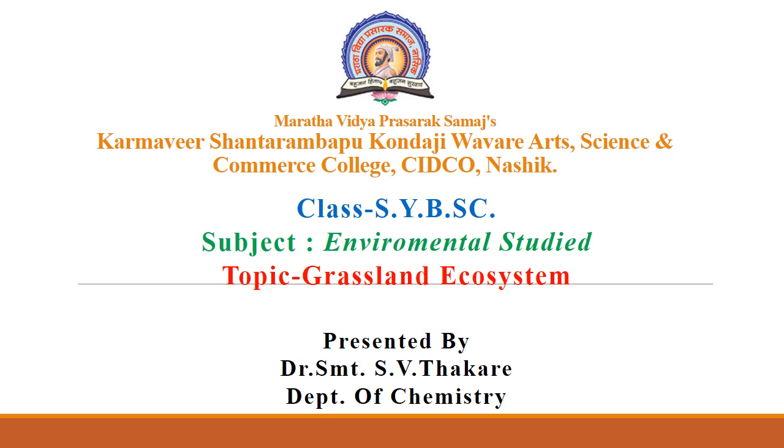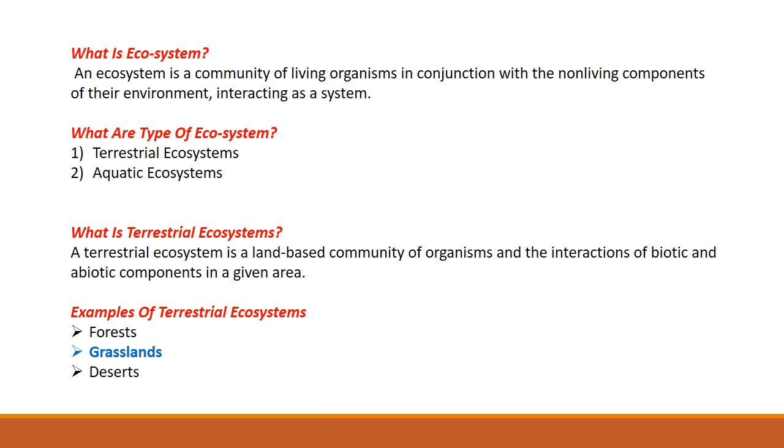Hello students, in the environmental studies subject, we are going to discuss the topic of grassland ecosystem. An ecosystem is a region with a specific and recognizable landscape form such as forest, grassland, desert, wetland or coastal area. The nature of an ecosystem is based on its geographical features such as hills, mountains, plains, rivers, lakes, coastal areas